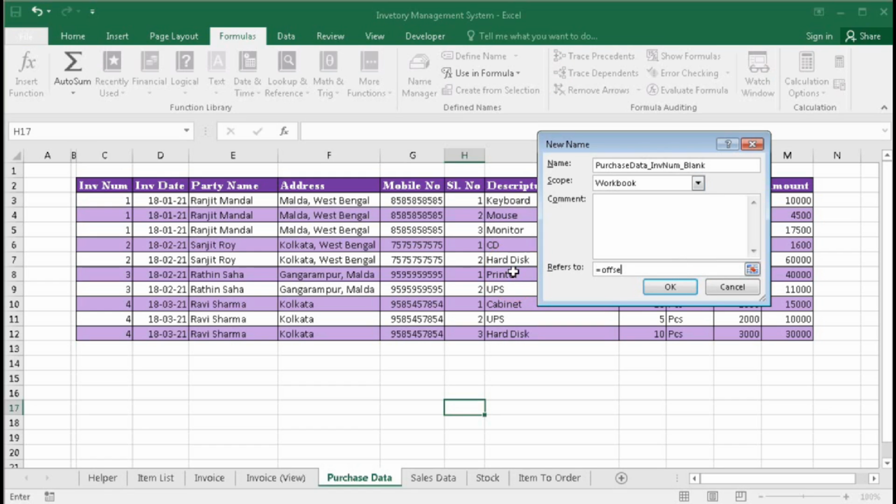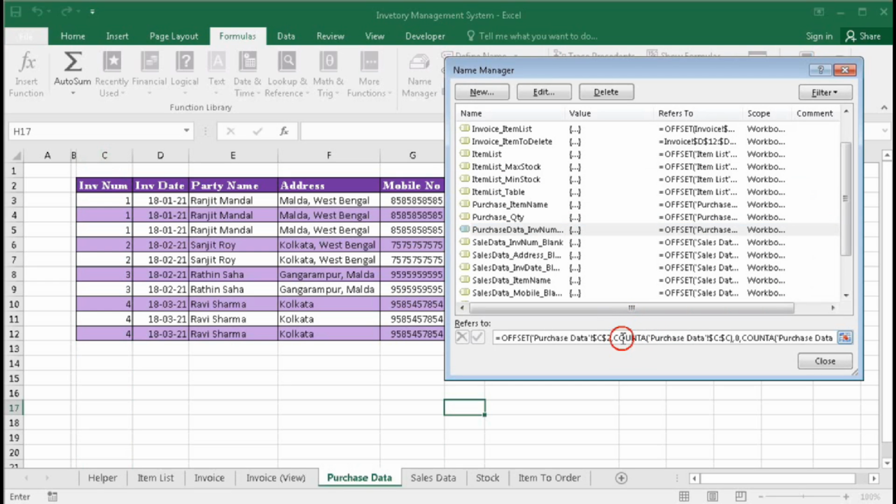equal to OFFSET bracket open this cell comma COUNTA bracket open select this one comma 0 comma COUNTA H minus COUNTA C comma 1 bracket close.